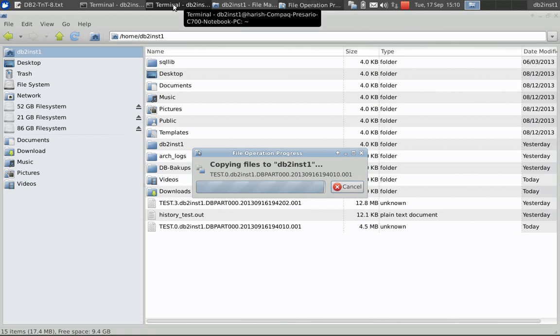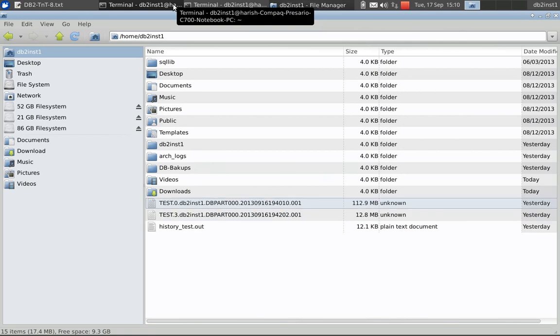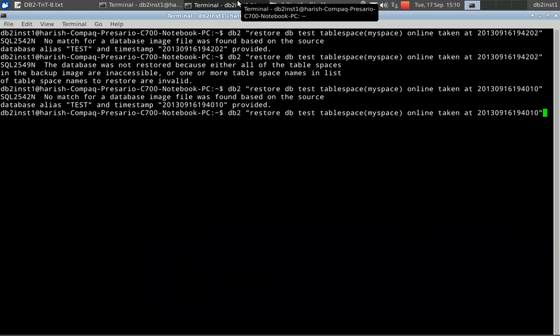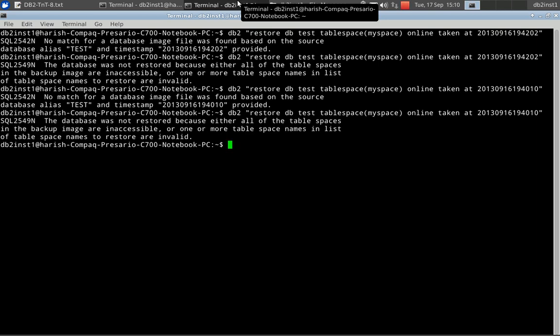Okay, so it's completed. Now we can run the command again. So again it says the same error, 2549N. The database was not restored.